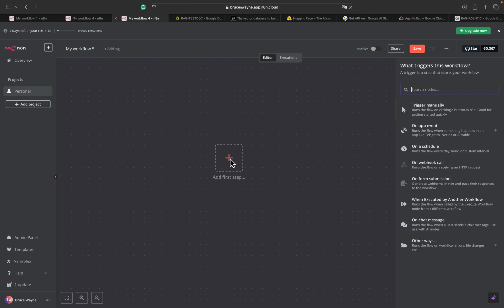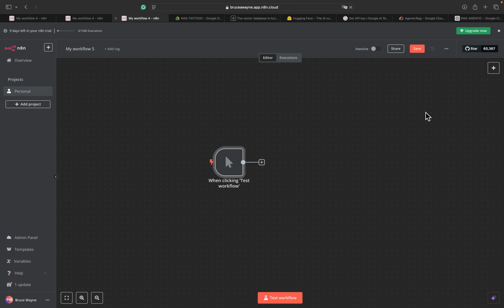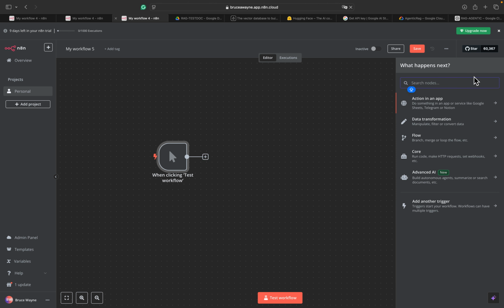we need to add our trigger. So our trigger can be anything that causes the AI agent to activate. In this case, I want to do it manually, which means whenever we click on test workflow, it's going to start the AI agent. So second thing I'm gonna add is my Google